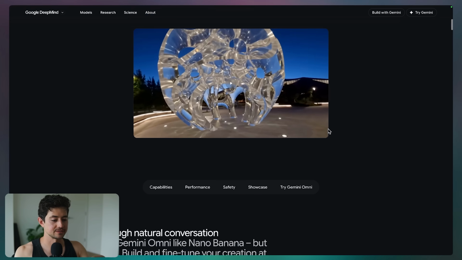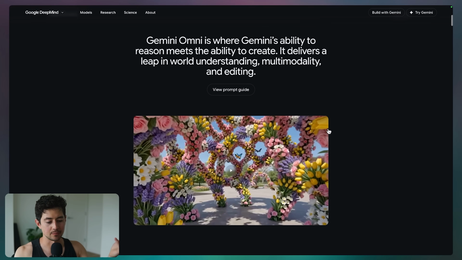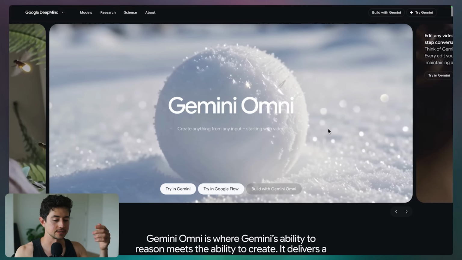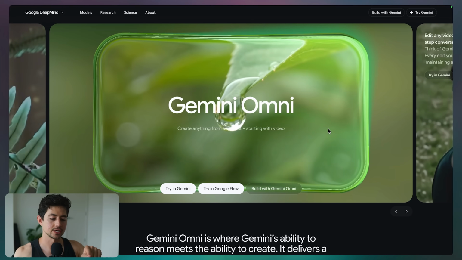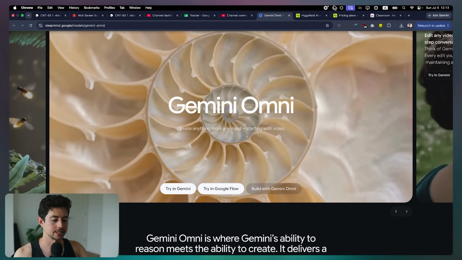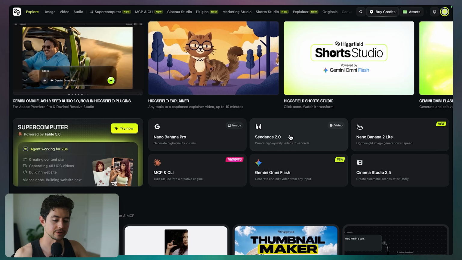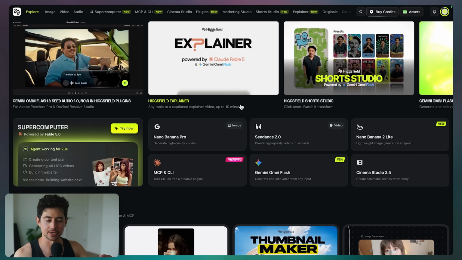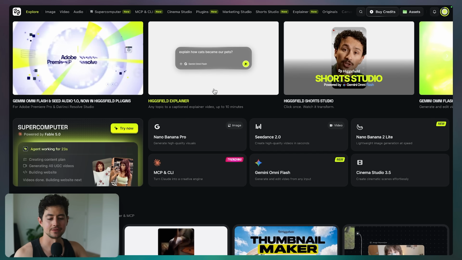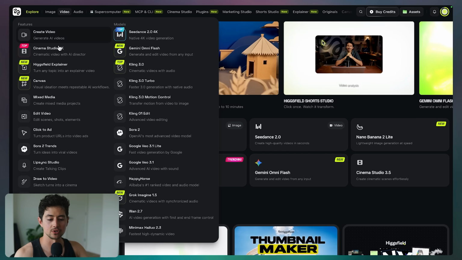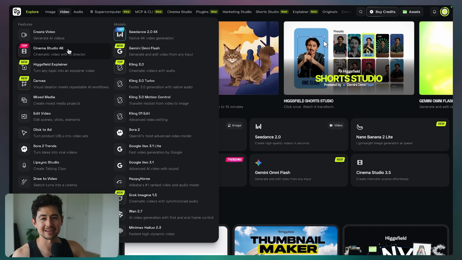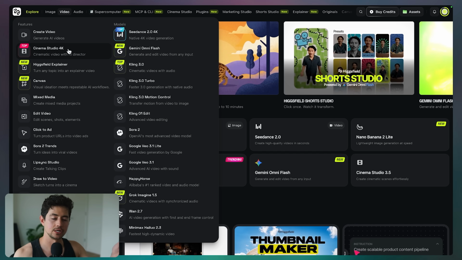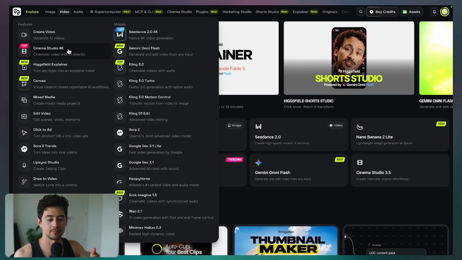Now, because it's expensive, and I have to come up with all these prompts on my own, and to be honest, I'm not a very creative person, I don't actually use Gemini Omni directly in their builder. I use it through a third-party platform, in my case, Higgsfield. There are a couple of these, but essentially they are model aggregators that slam together all the current state-of-the-art video models into one place